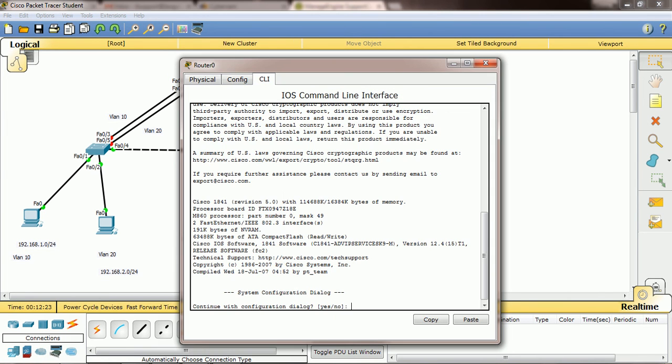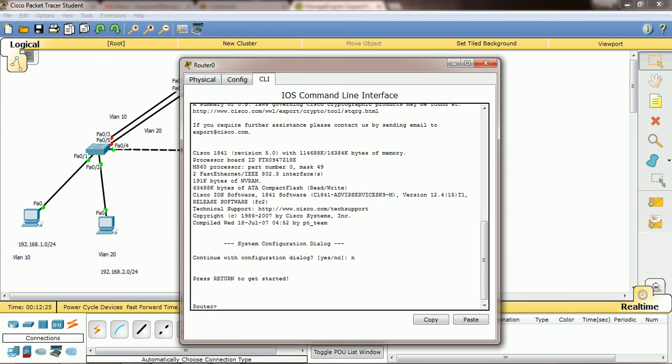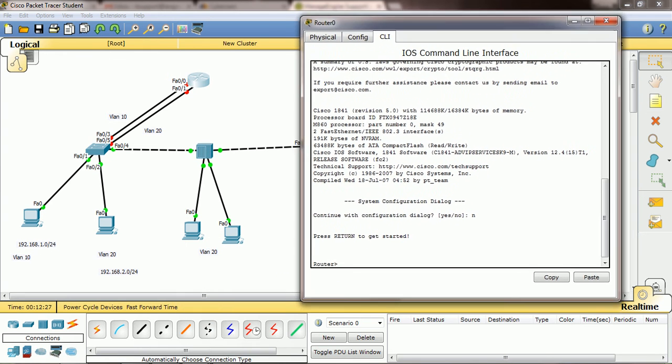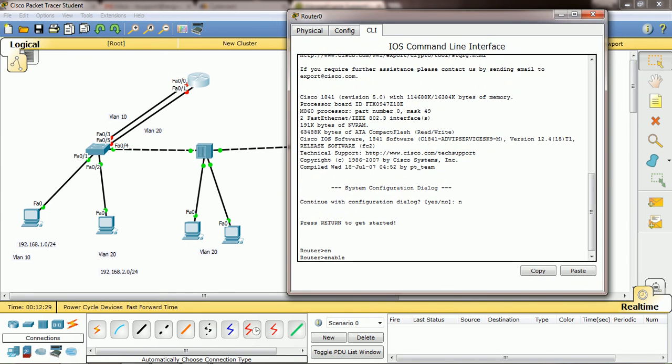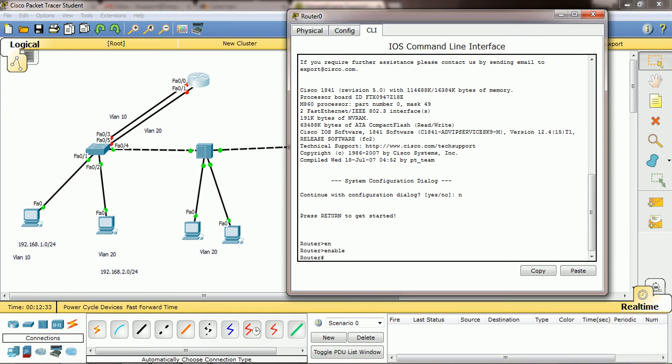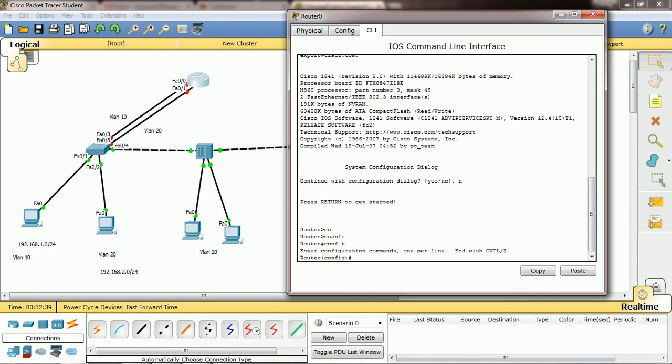Then now I am going to configure this router part. Just I enter and enable. I am moving from user mode to privilege mode. Then I am entering into global configuration mode, command called configure terminal. Actually here I am not typing the full command, because if you press the tab also it will finish the command. If you know the command very well, then the shortcut will work.